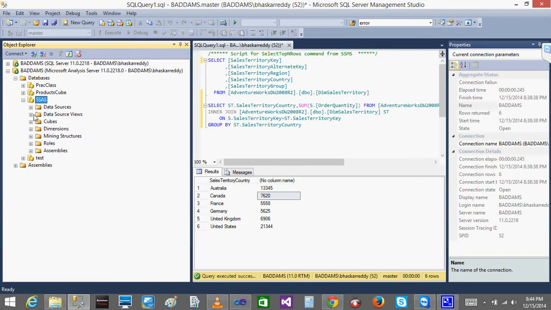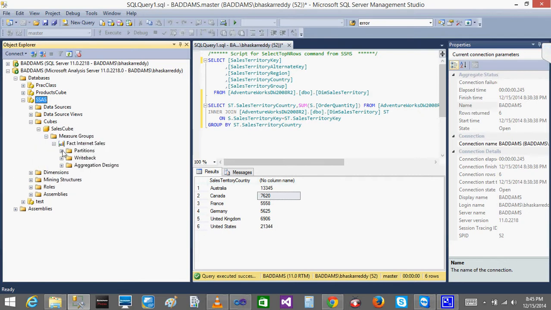My data source views. At the same time, I got the cube, I got the dimensions also. See here. Cubes. I got the sales cube. I do have the measures here. When I click this, I got different measures. Okay? So when I click here,